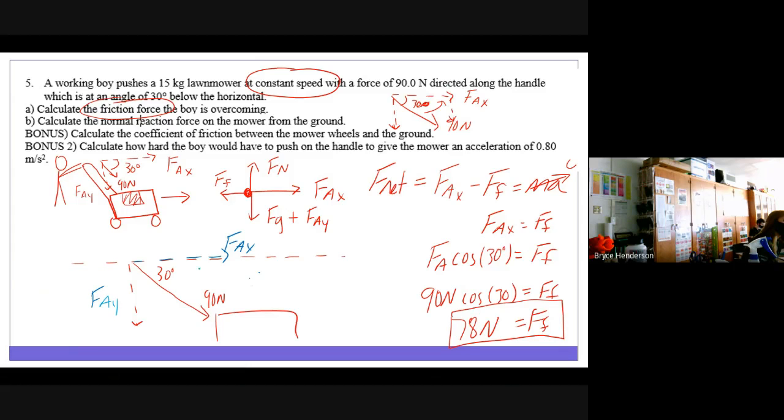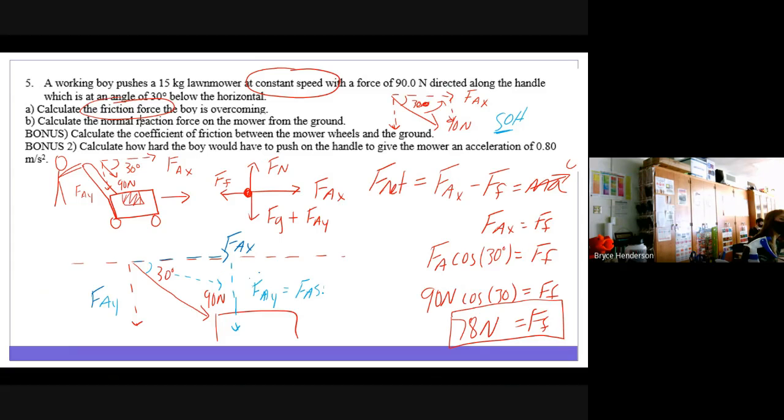Applied Y is the same as if I were to draw it here. And for some of you, it might be easier to see it if we draw it here. There we go. So 30 degrees, this is my angle. Opposite the 30 degrees is Y. So to get F_A,y, I would do F_A times the, since it's opposite,